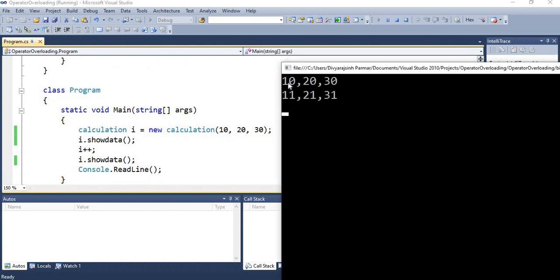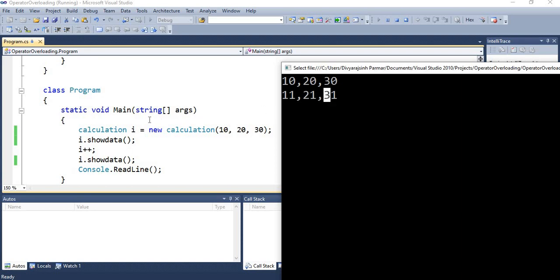Here you can see that first i dot showData gives output 10, 20 and 30. Then I call the operator i plus plus, and again i dot showData, and it gives the output 11, 21, 31.